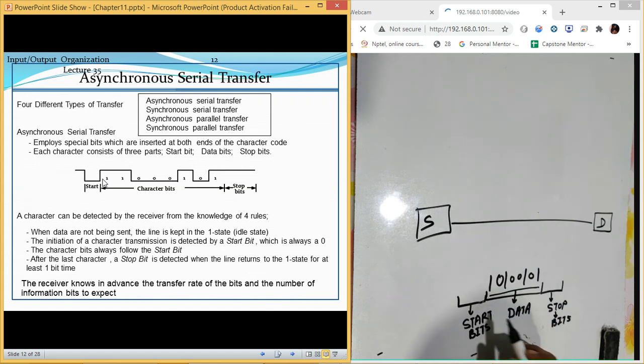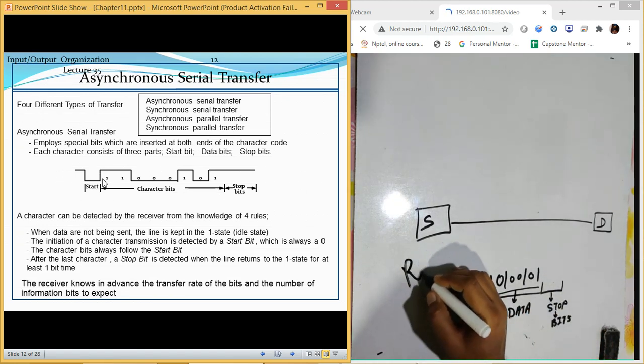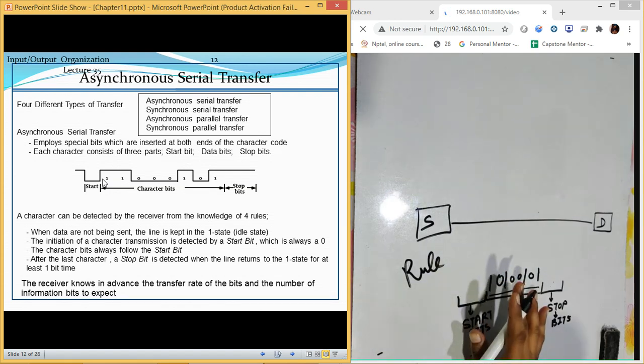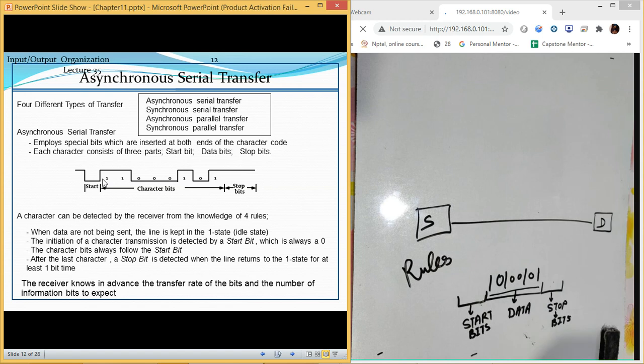Now, what are the start bits? What are the stop bits? How does the destination come to know whether it has to start the data transfer or stop the data transfer? For that we have different rules which are predefined. So what are those rules? We will study one by one.